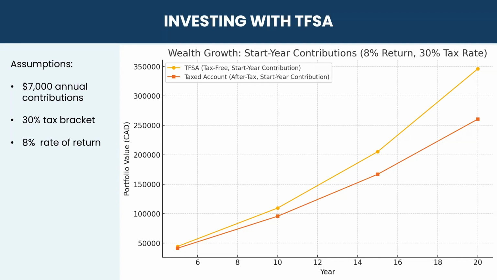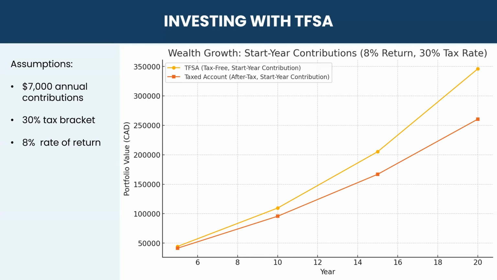If I put this 7,000 every year into my savings account, what does it look like in 5 years, 10 years, or 20 years? Or if I put this 7K inside of my TFSA and I invest it into the same kind of things. Again, I can do the same mutual funds in savings or in a non-registered account that is outside of a TFSA, or do it in a TFSA. What does the growth path look like?